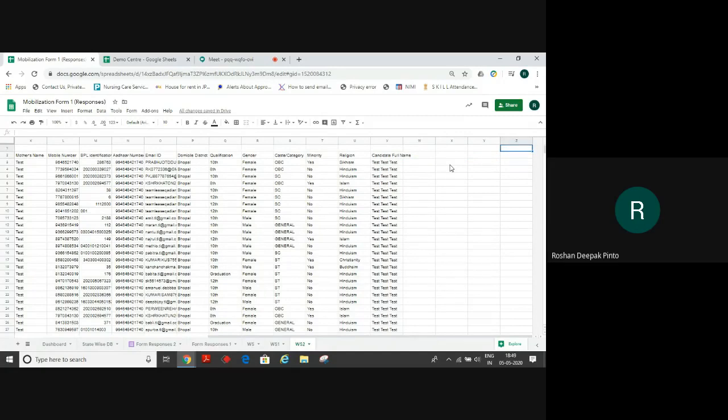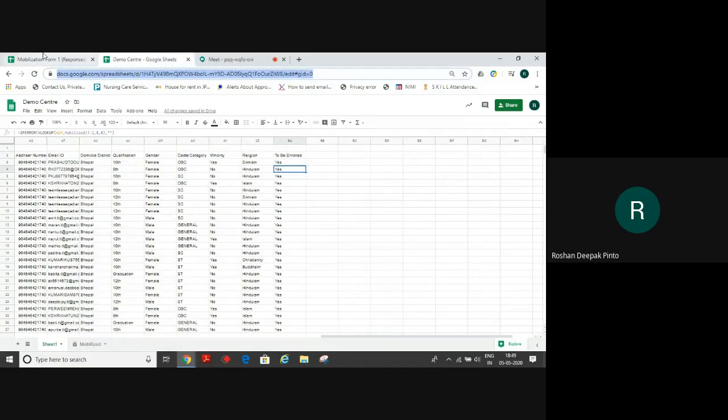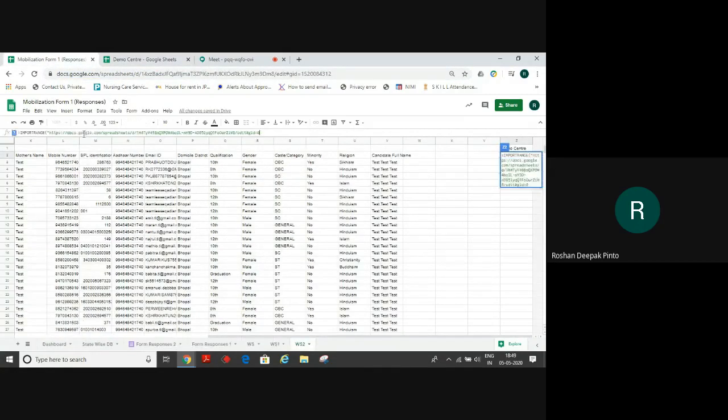So here what I will do is I'll write the data I'm fetching from demo center. So is equal to IMPORTRANGE, inverted comma open. The URL is of this center. Come back here and copy that URL, close inverted comma.